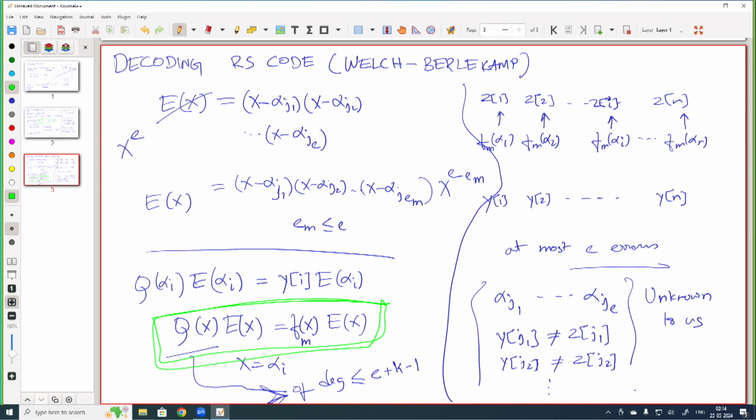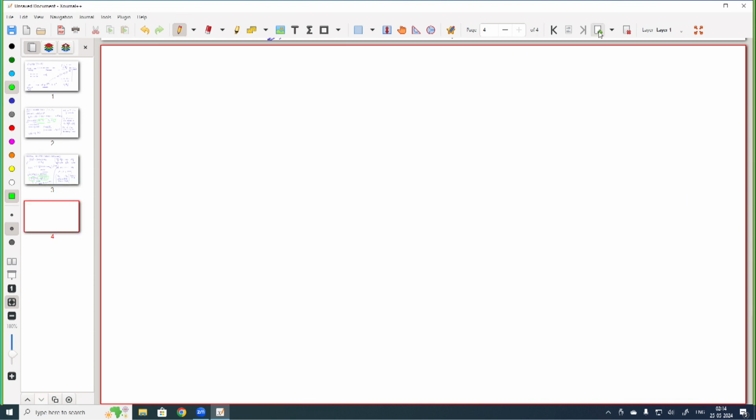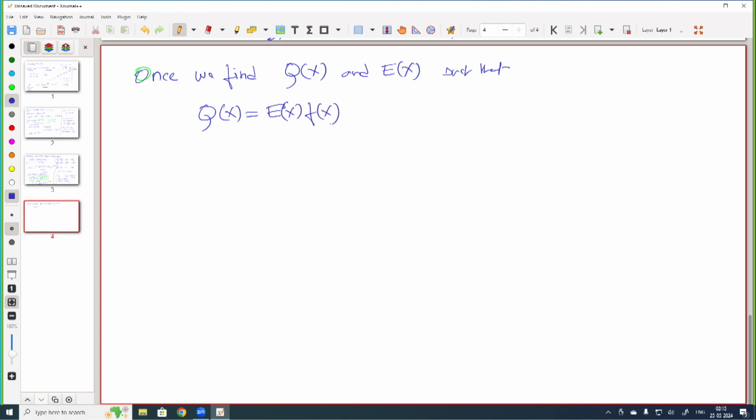So, the decoding algorithm relies on two things. First is that once we find q of x and E of x such that q of x is equal to E of x times f of x, then